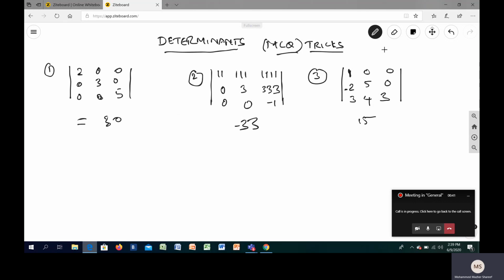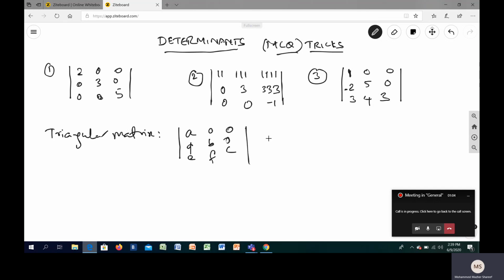In order to learn that, you need to understand a matrix definition, which is called a triangular matrix. I hope you have learned the definition of this one. Suppose we have a matrix, let's say A, B, C, 0 and 0 or D, E, F, you can take any other elements. Or in fact, another matrix A, B, C, 0, 0, 0 or D, E, F whatsoever. And another matrix, let me take A, B, C, 0, 0 and 0, 0 and 0.